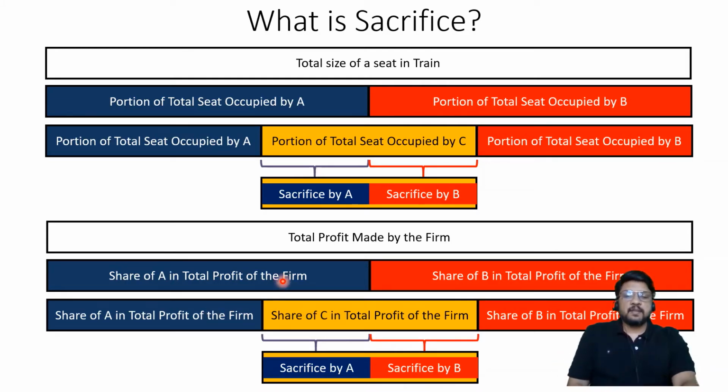That means A will sacrifice some share of his profit because Mr. C's admission may not immediately increase the size of this profit. This total profit of the firm is not going to immediately increase on the left hand side and right hand side. So total profit may remain the same. If the total profit remains the same, then in the same profit, earlier there were 2 people who used to enjoy the same. Now there will be 3 people who are going to enjoy the same. That means the 2 people who were earlier enjoying the profit will get a smaller share of the profit.